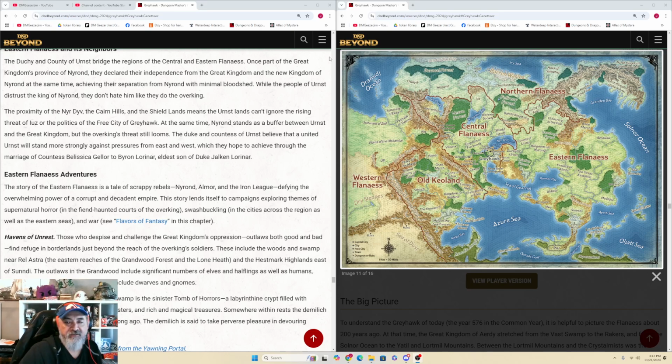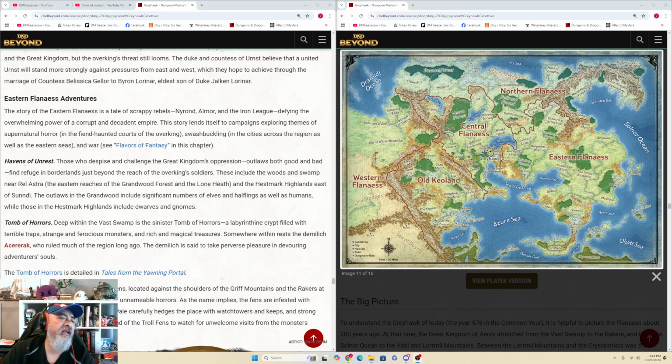Political marriages, it's a thing in a feudal society. Eastern Flanaess Adventures. The story of the Eastern Flanaess is a tale of scrappy rebels, Nyrond, Almor, and the Iron League, defying the overwhelming power of a corrupt and decadent empire. This story lends itself to a